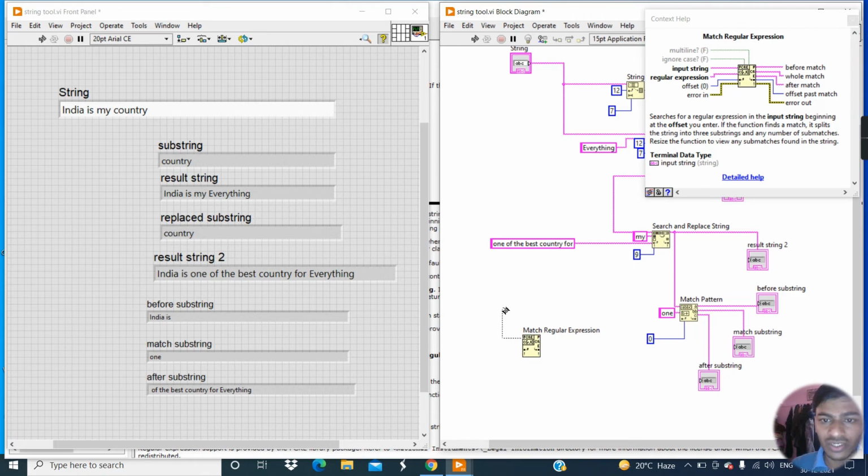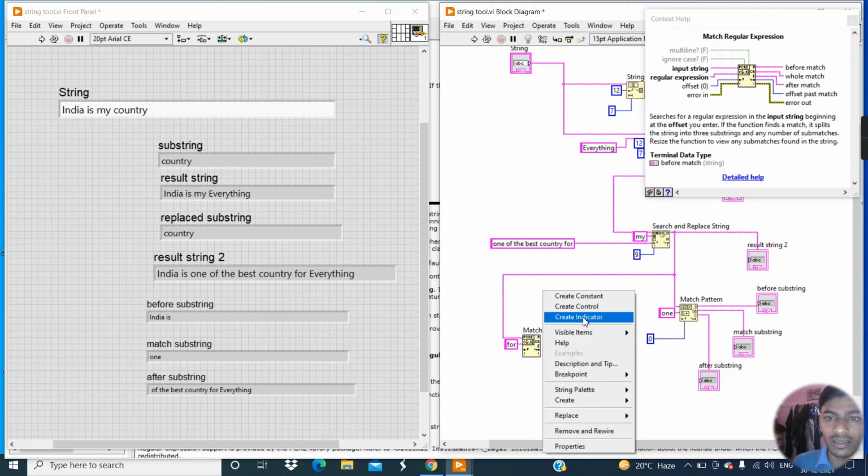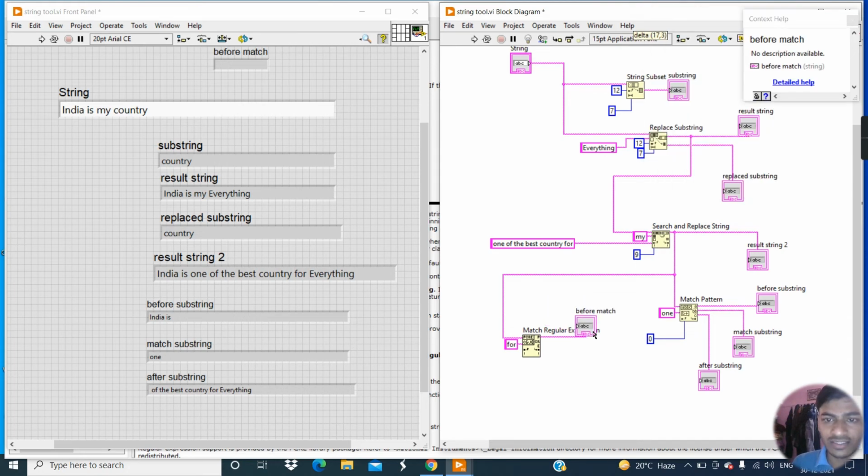First connect this input string to the available string, and then this is our regular expression, so create constant. I already told you what regular expression means. And this time I want to find for. So enter for, and then simply create indicator for the before match.